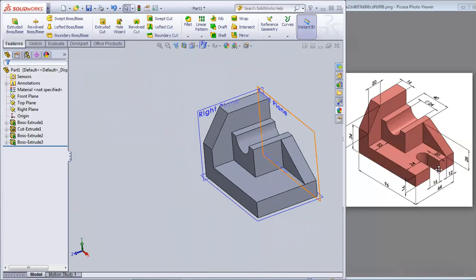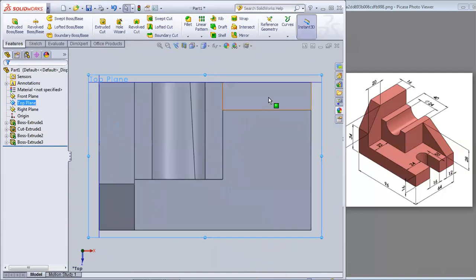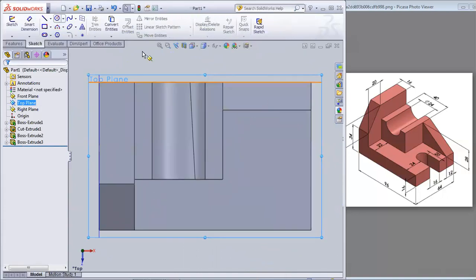Now we are just left with this hole. Again, I'm selecting this plane, right? This plane is free as well. So I can just make this cross section on this plane and I can just extrude cut it, right? So I have selected this plane and I am going to sketch perpendicular to this, right? So there is a circle, right?